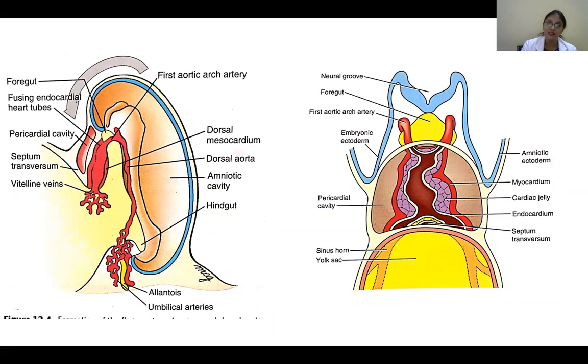Between them they are split, and that forms the body cavity. You can see part of the body cavity here. This is the pericardial cavity. So this heart tube is developing in the splanchnopleuric mesoderm, which is located ventral to the developing foregut, right?